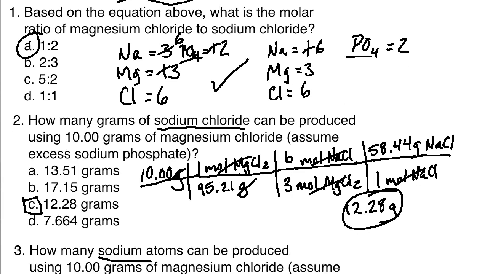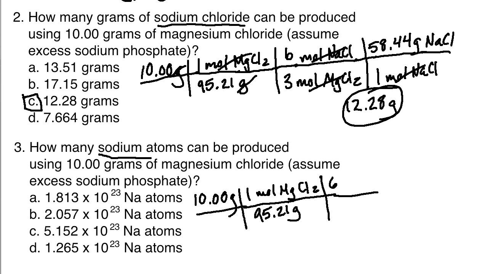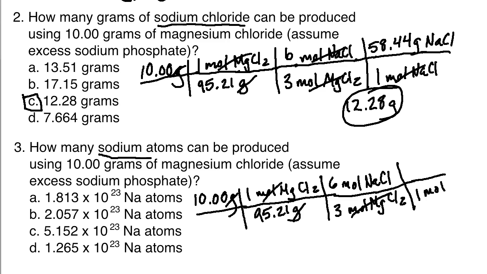And so I still want to utilize that 6:3 ratio, because what I need in order to get the atoms of sodium would be the molecules of sodium chloride, and to get molecules of sodium chloride I need moles of sodium chloride. All right, so I'm going to have 6 moles of the NaCl to 3 moles of the magnesium chloride. Now I will probably run low on room here. Right? So what comes after this, now that I have moles of sodium chloride, is I need to find the molecules of sodium chloride. So for every 1 mole of the NaCl,